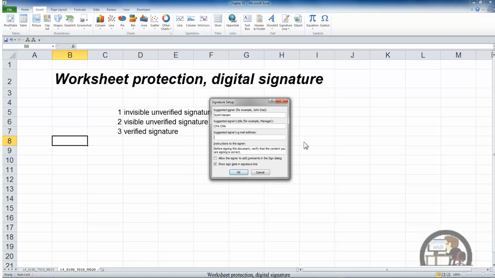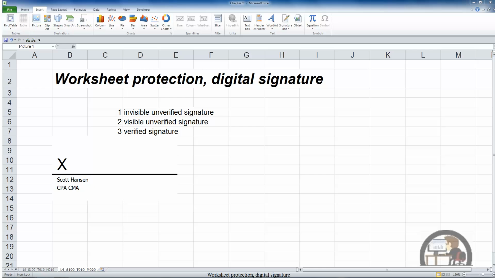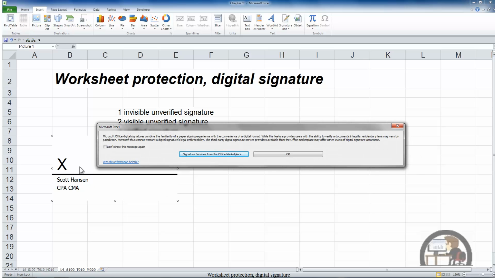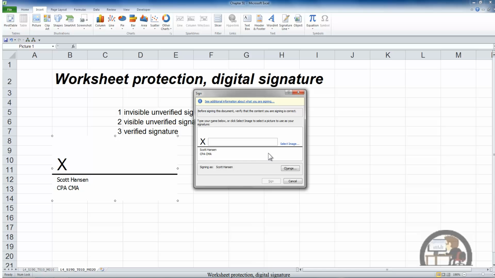Before signing the document, verify that the content you are signing is correct. Otherwise, you're really not verifying anything. And then at the bottom, we have the option to show signed date in the signature line, which infers that we're going to get a signature line when I left click OK. So I've inserted my signature line, which I then double click on. And again, Excel reminds me that I should be using a third-party signature service provider, which we're still not going to do. And now I can sign